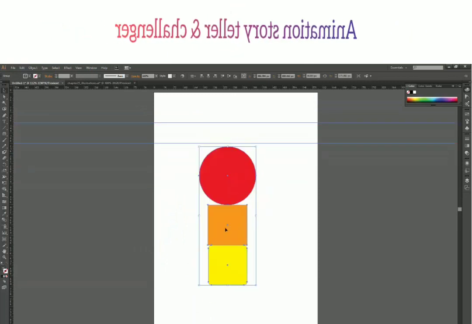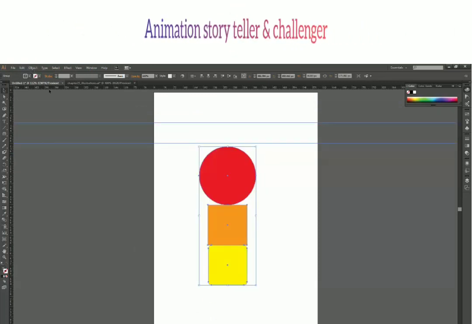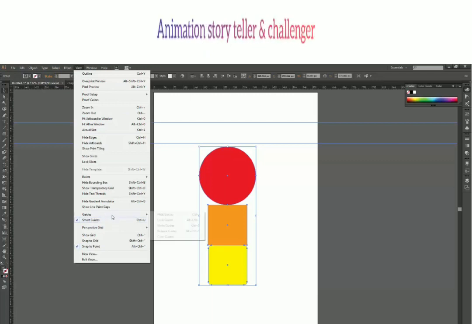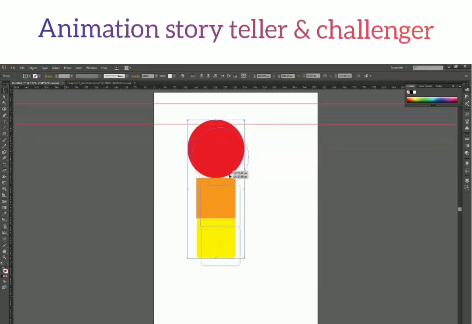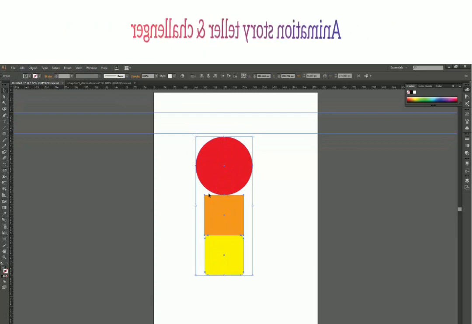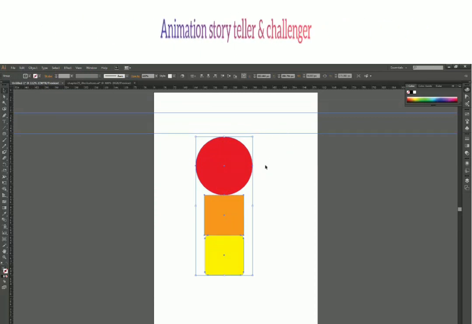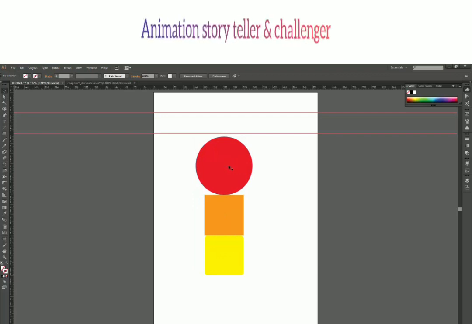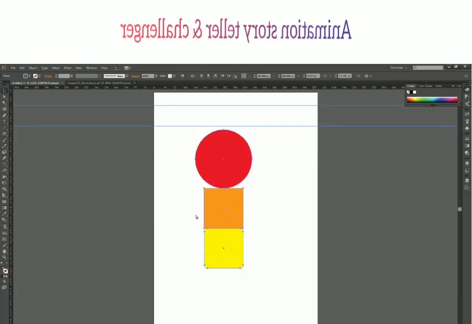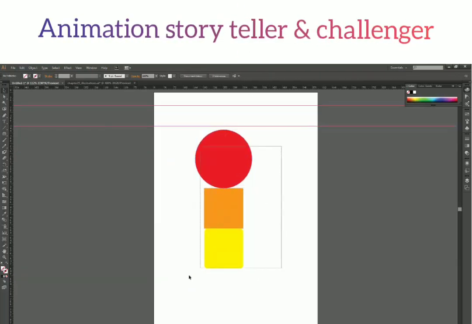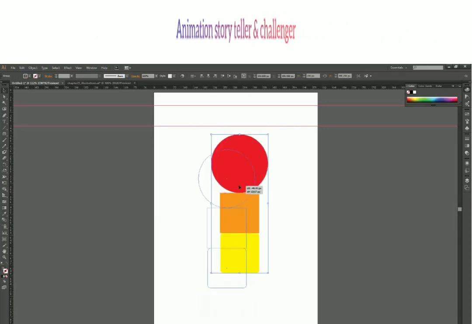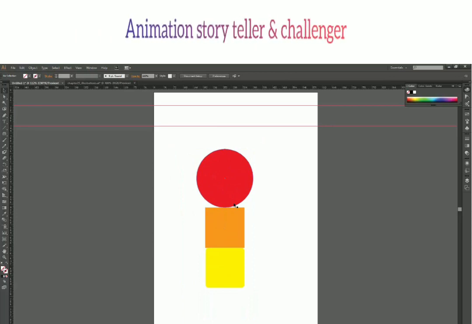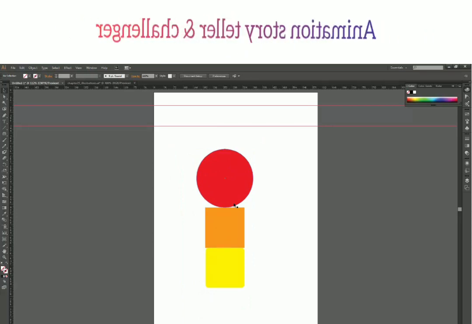So that's why we should lock guides from here, View, Guides, Lock Guides, before making these kinds of groups or before we start working on our artwork, because we might accidentally group some of the guides along with the shapes, and then you have to ungroup it again, select only the shapes and group them to make it work. So just be careful about this because I do it a lot of the time.